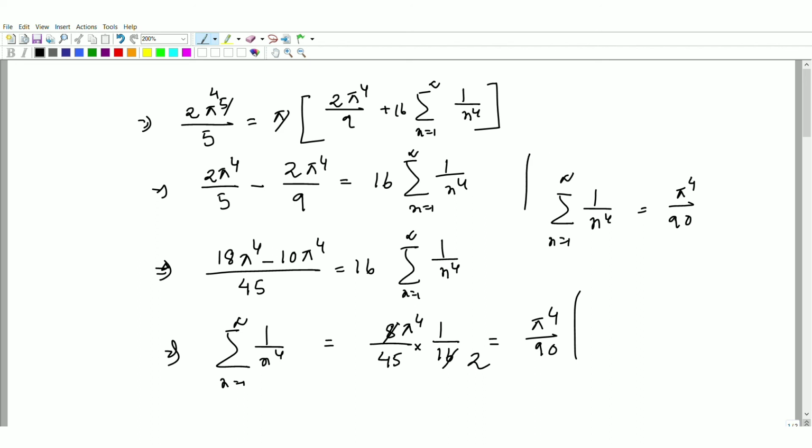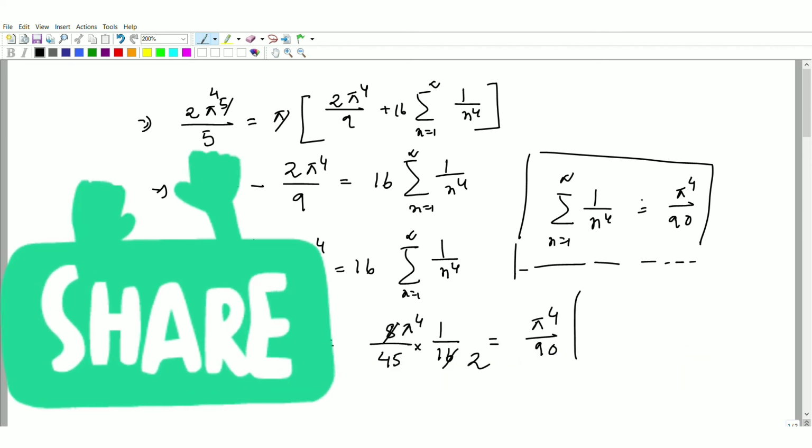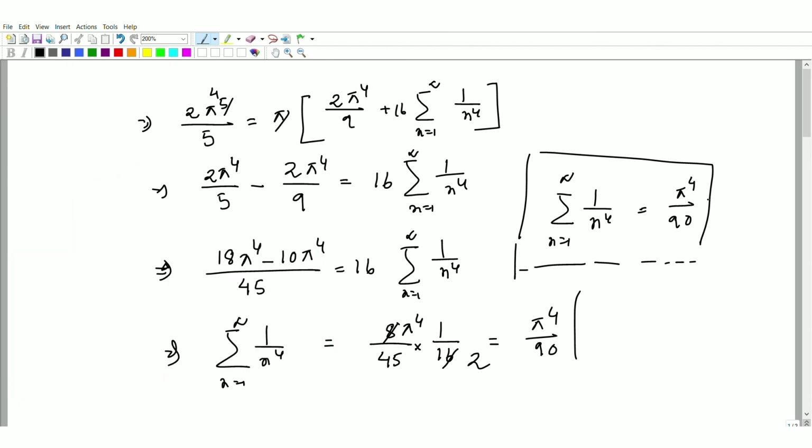Okay, so this value you sometimes have to use in many cases, so this value you have to remember. Okay, so similarly, we can also obtain the value